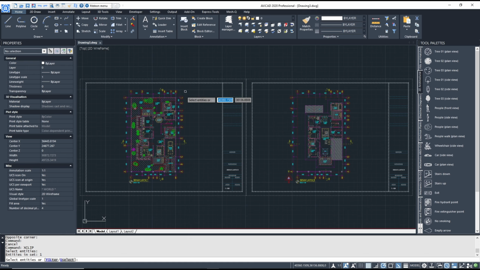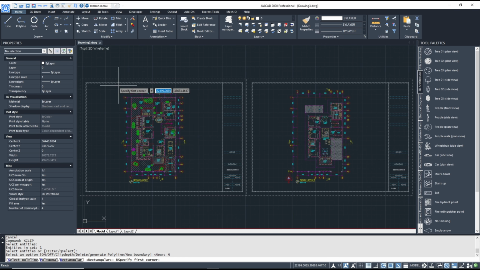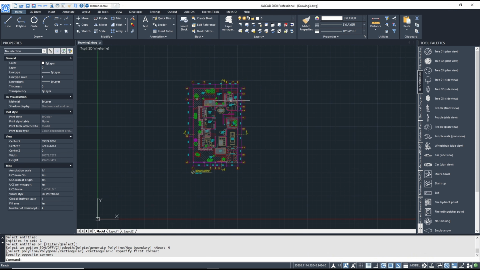the objects, enter again. Now you can create a new boundary. Click this option, new boundary, and I will use the rectangular option. So you can create it from this point to here, and it will automatically Xclip the selected Xref drawing. Okay, that's it for